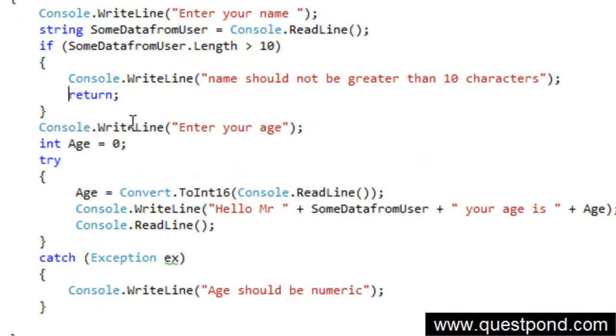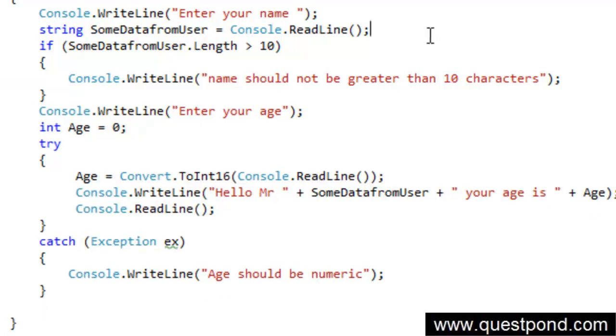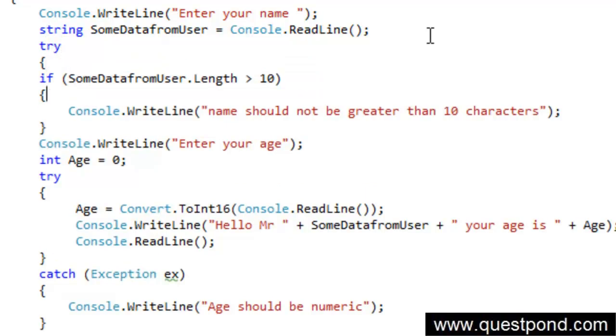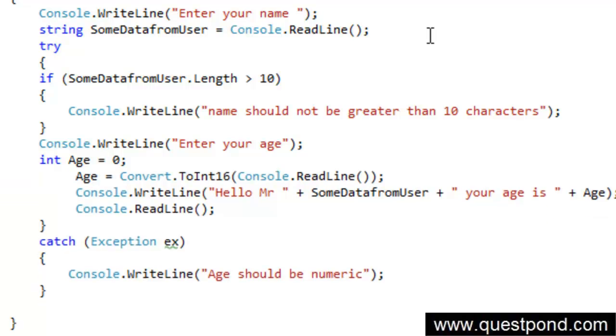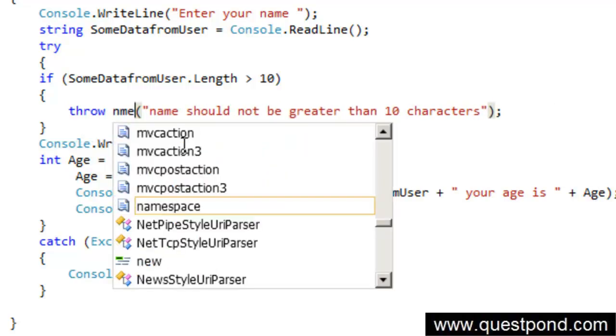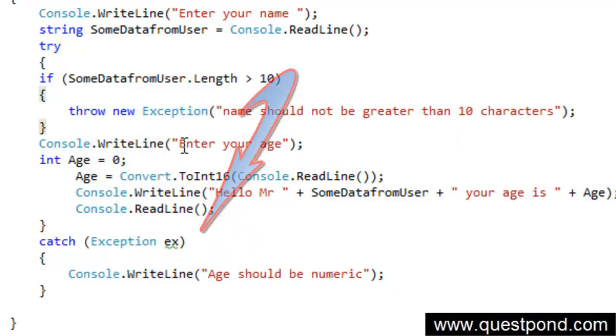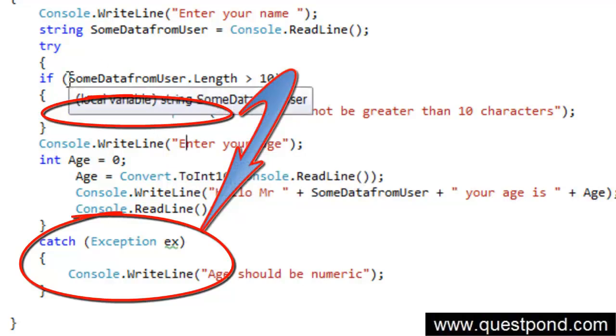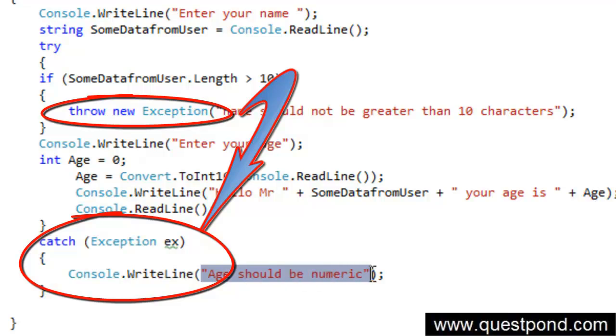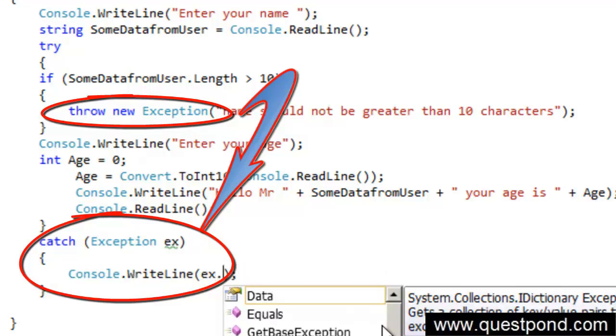So let's delete this return statement from here, and now let's put a try block here, putting this whole thing into a try block, right? And now as soon as you get this error, you say throw new Exception, right? So what will happen now is that as soon as the data goes above 10 characters, it will throw an exception, and the control will come straight into this catch here. And here we can say, please display the exception message,